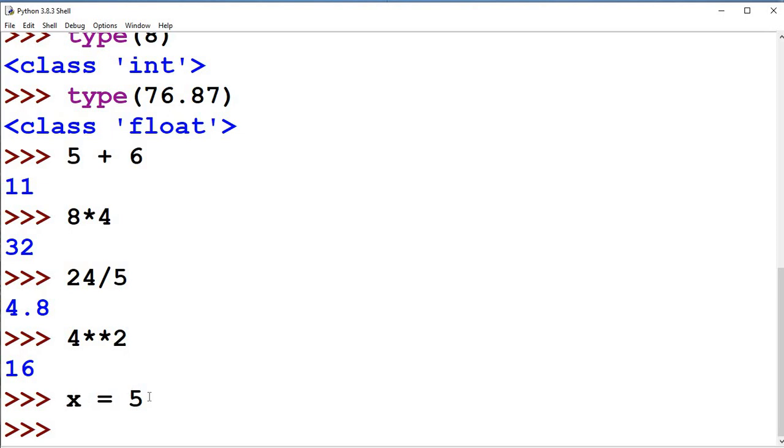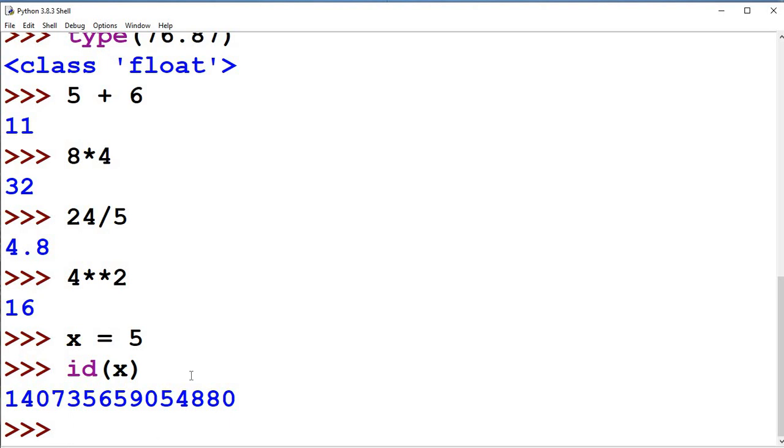So x equal to 5 means you assign the number 5 to x. Now if you see the id of x, id is identity, that means the memory location. It will show you this memory location. Do not care about this number; it is a memory location address.